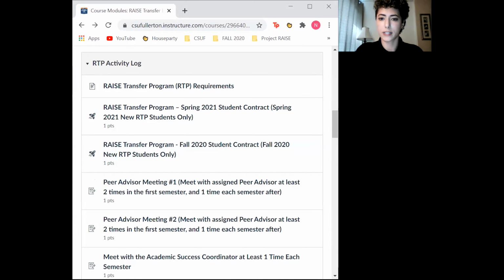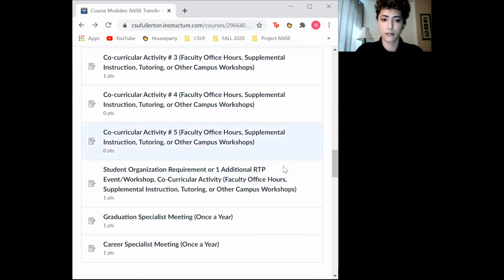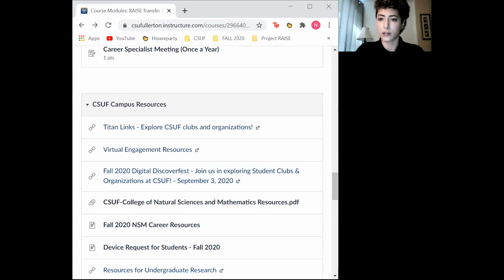All right, scrolling down a little bit further, you'll find a great list of all kinds of campus resources that you will both want and need for your success each semester. Normally, you'd have to do a bit of hunting on the university website in order to find these links, but here they're all provided for you in one convenient place. So make sure to take advantage of it.